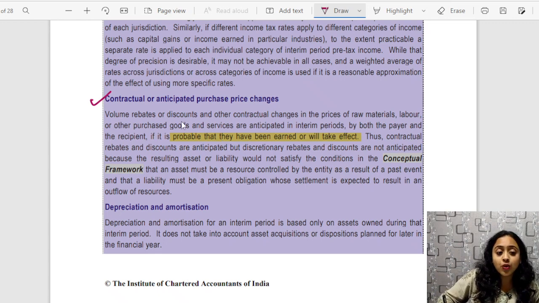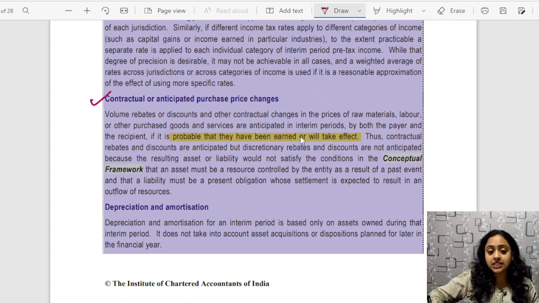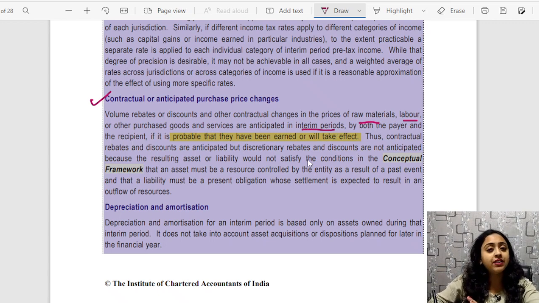Volume rebates or discounts and other contractual changes in the price of raw material, labor, other purchased goods and services are anticipated in the interim periods by both the payer and the payee. The receiver and the payer both estimate on their own. If it is probable, if there are high chances that they have been earned and will take effect, thus contractual rebates and discounts are anticipated,